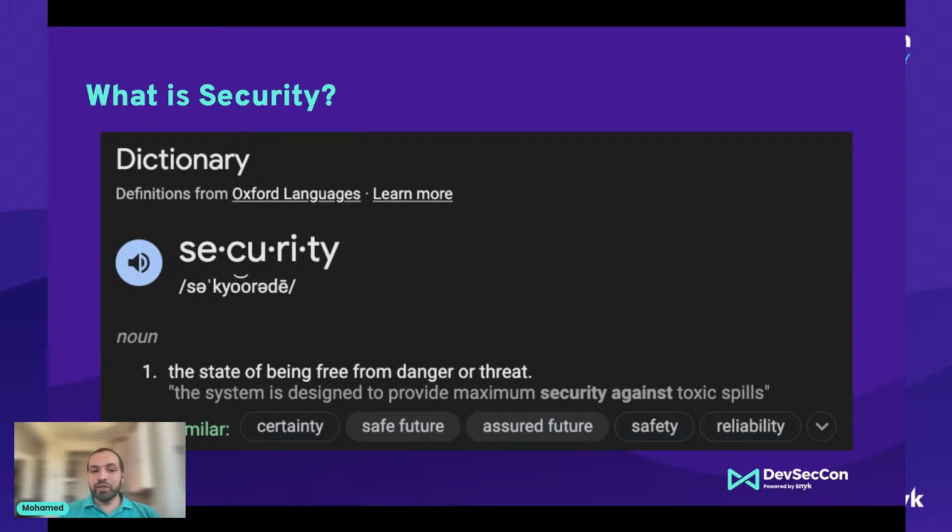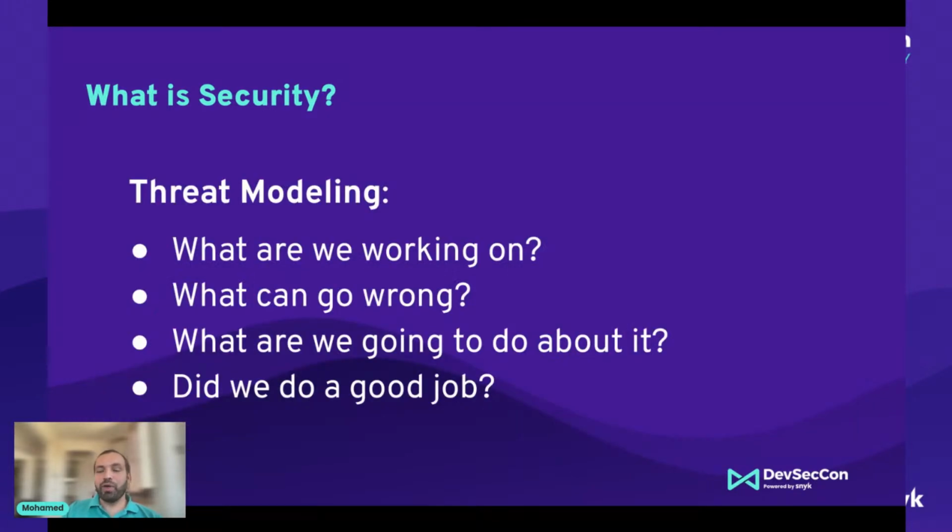Now, what I want to focus on here is the key word, which is threat. What I'm trying to say is that security in itself doesn't mean anything unless you know what you are secure from. If I say that this building is secure, this could mean it's secure from crime, theft or whatever, or it could be secure from natural disaster. So there are multiple things to be secure from, and unless it's clear from the context what it is secure from, security in itself doesn't mean anything. In other words, you cannot say that your application is secure unless you know what it should be secure from. And this is what ties us to threat modeling, because of the four questions that threat modeling tries to answer,